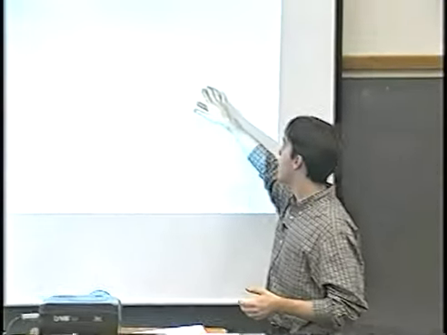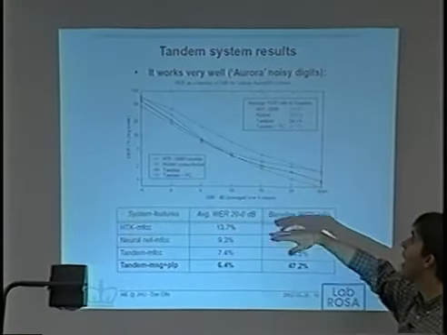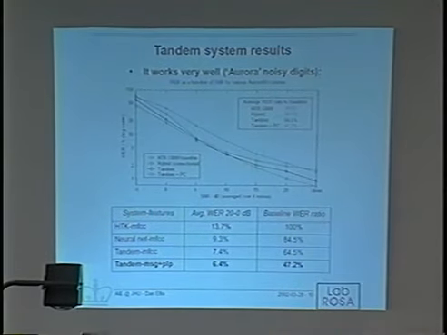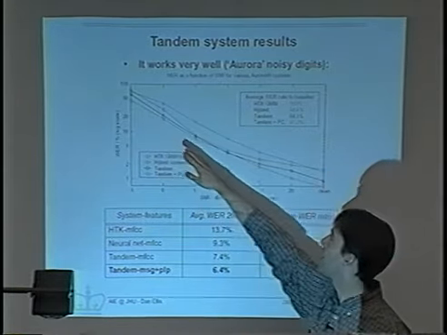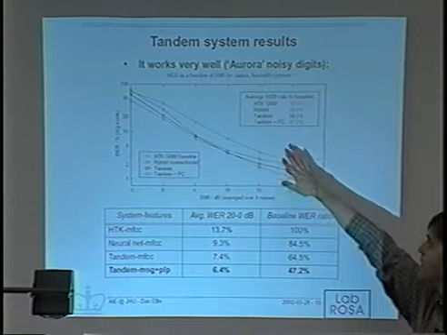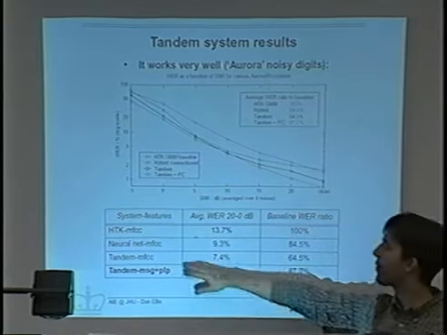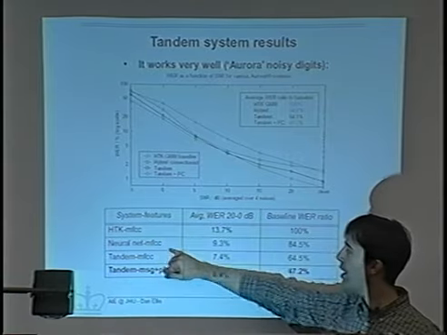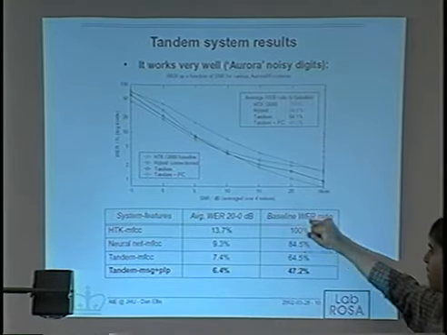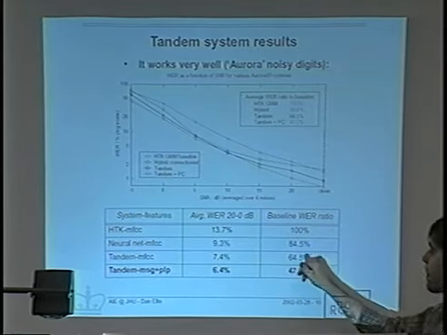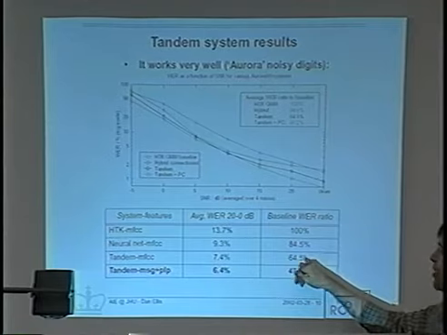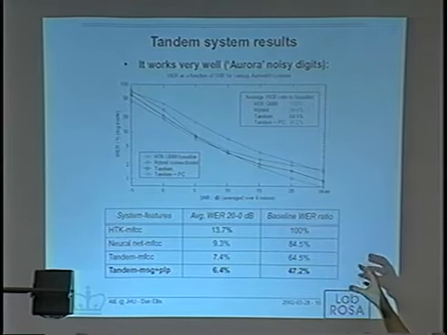So we get a gain from simply just having these 2 models in series. And then because we've got the tandem set up with the neural net and the back end, we're able to use the combination tricks that we've been working with in the connectionist system. And so this final bottom line, the cyan line, is using our posterior combination of 2 features. So these are just the same numbers. Using just the MFCCs, if you then calculate the word error rates on average over all conditions as a proportion of the baseline system, we're able to get down to removing 1/3 of the errors simply by having these 2 acoustic models in series.